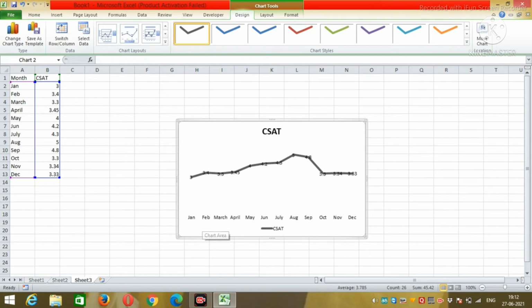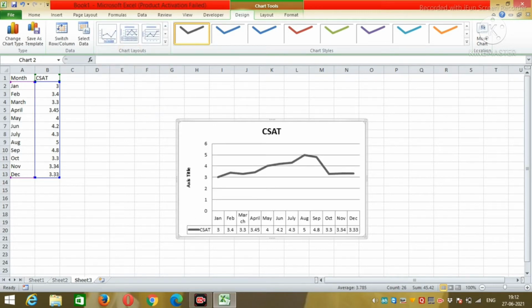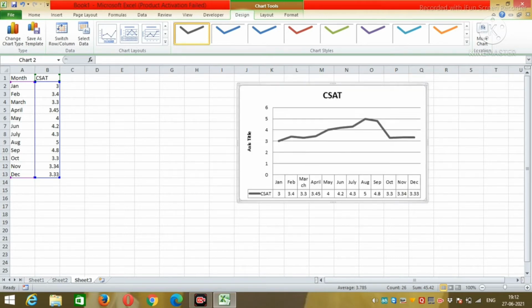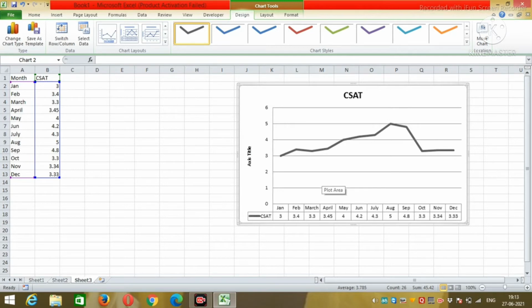If you want to change the graph layouts, you can select from Chart Layouts. Click on the bottom and you can find whichever layout you want. As I said earlier, you can change the position of the graph by clicking on the empty place and dragging it wherever you want. If you want to extend the size of the graph, just click on the right bottom corner and drag it. This is how we can increase the size.